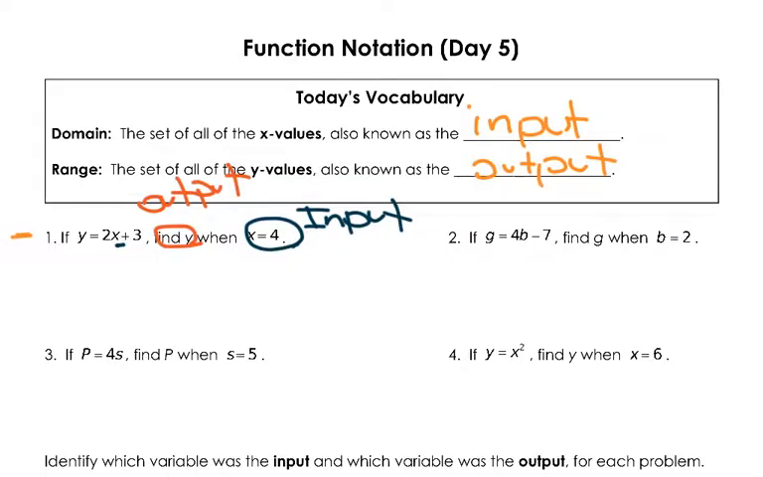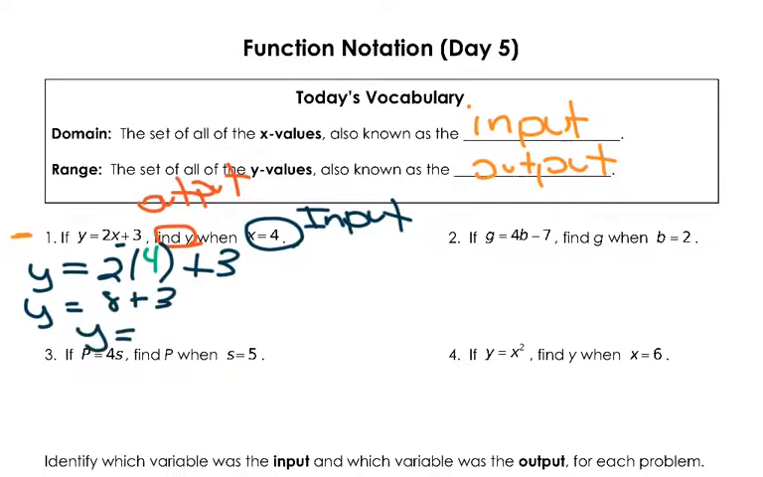Okay, so if I was going to rewrite this now, I would have y equals 2, now instead of x, I'm going to write 4, plus 3, right? Because that's our input. And I have y equals 2 times 4 is 8 plus 3, and y is equal to 11. All right, and then I'm going to do the same thing here for number 2,